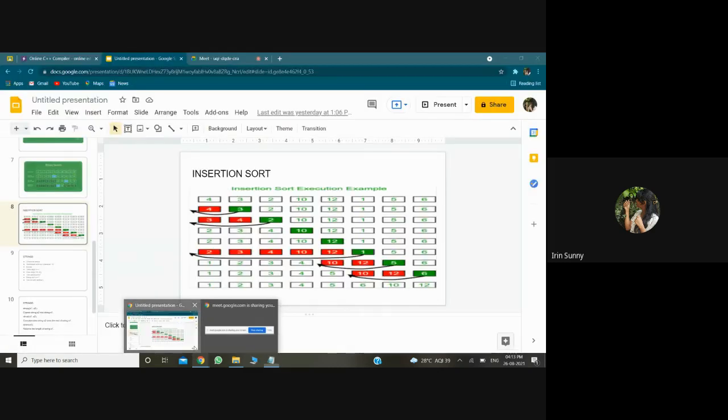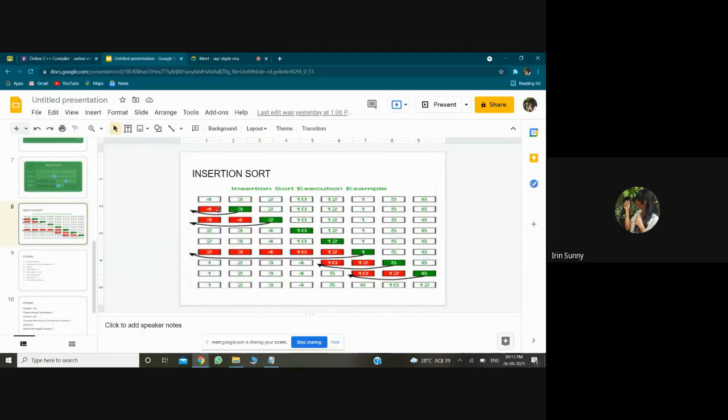That is, j is actually pointing to 4 and i is pointing to 3 and key is also pointing to 3. So we actually confirmed j is greater than or equal to 0. j's value is 0. Also, we confirm that ARR of j, that is value at j, is greater than key. If 4 is greater than 3, then we have to swap. So to where does this 4 have to go? To the position where i is, right? To the position where i is pointing.